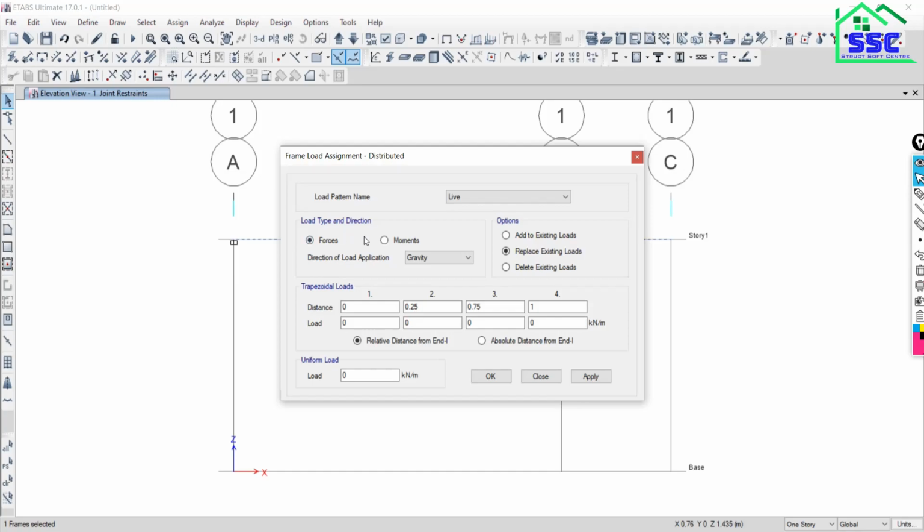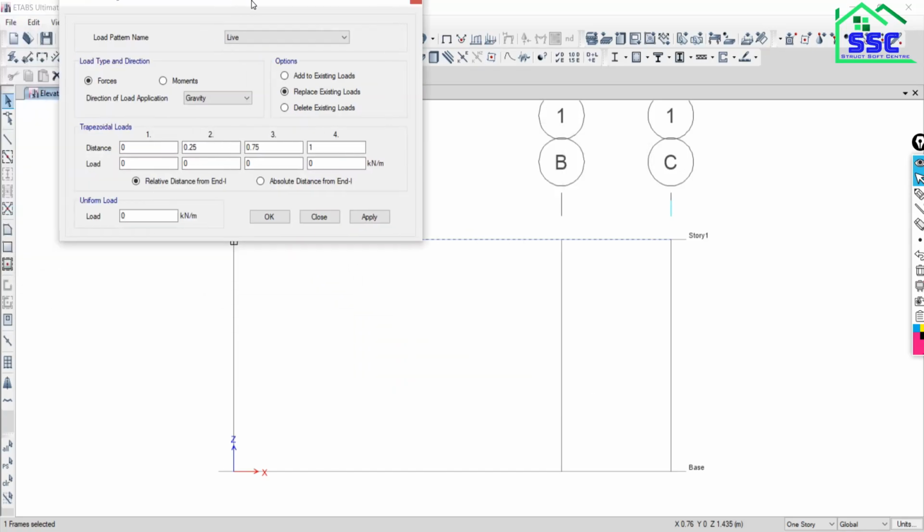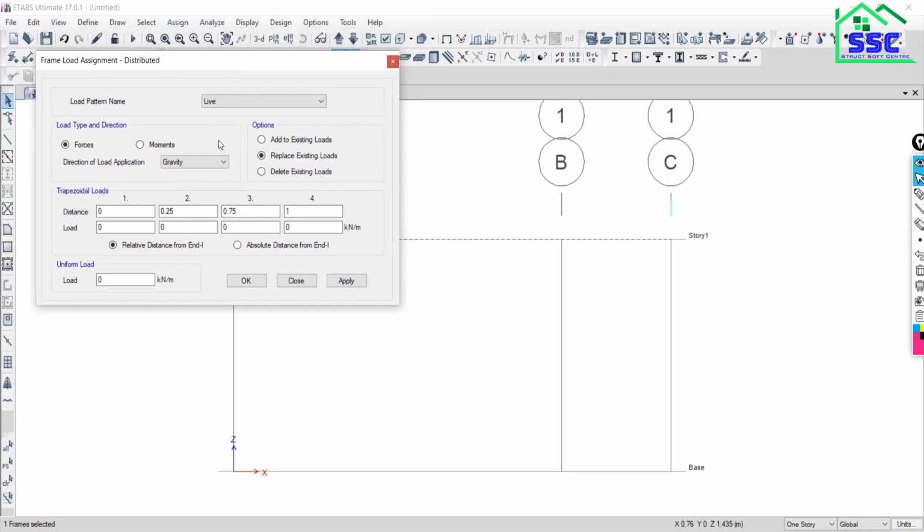Gravity direction is also given, so we don't need to put the value with the negative sign. If gravity is not given, at that time we have to put the negative sign with the value. But here we already understand that we have to apply the loads in the vertical downward direction. These are trapezoidal loading options, so we will see them later, but right now we are discussing uniform load.